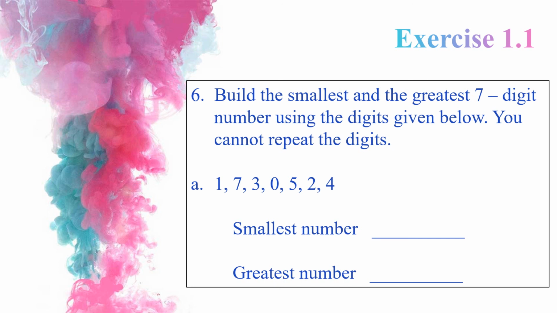To get the smallest number, first arrange all these numbers in the ascending order. Therefore, we get 0, 1, 2, 3, 4, 5, 7. 0 cannot be placed in the first position. So, change the position of 0 to the second position. We get